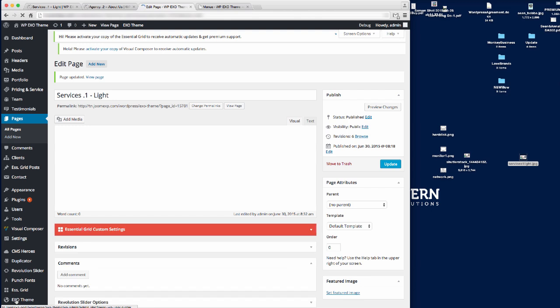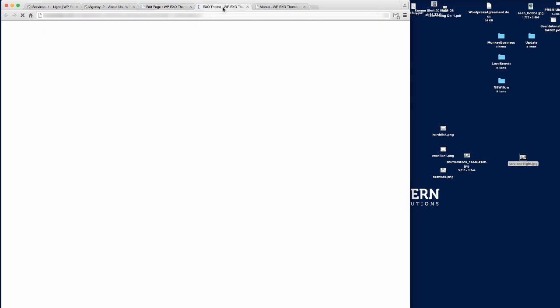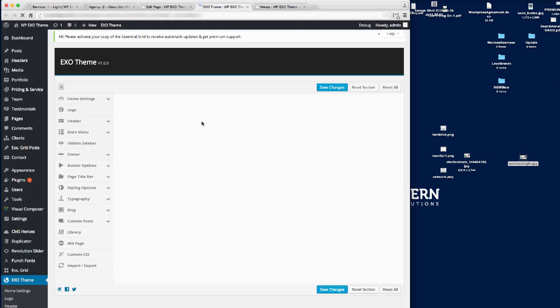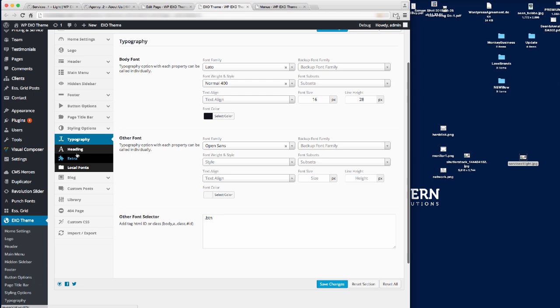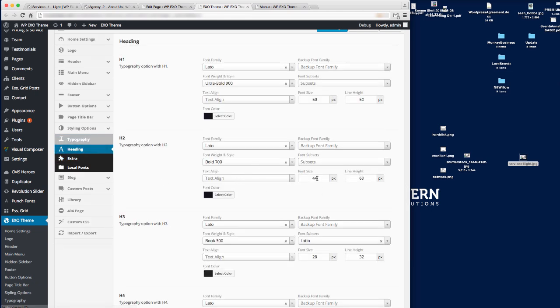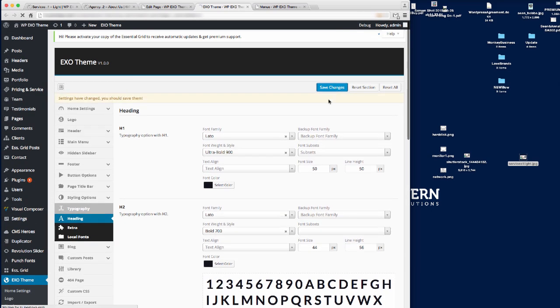And then I'm going to open up another tab and go over to the Exo Themes options. So if we open up here, you're seeing the global options for the Exo theme. Now what I want to do is go to typography, and if we go to headings, you'll see here we've got heading 2. So we've got a font size of 44 and a line height of 69. That is a bit too much. So all I need to do is change that to maybe 56, and it gives you a preview here of what it'll look like. So that's fine. If we now save those settings,